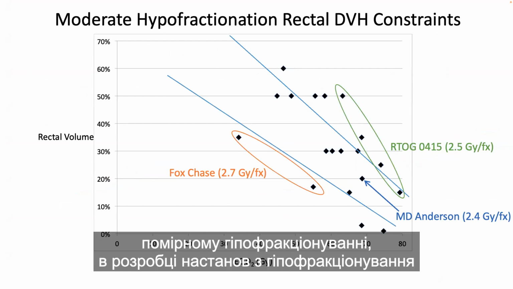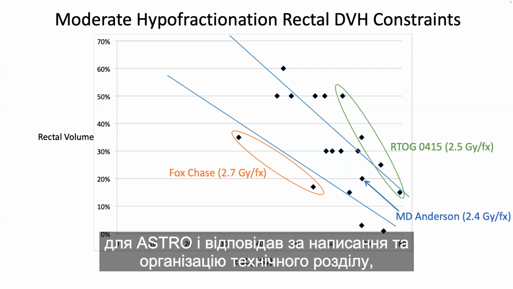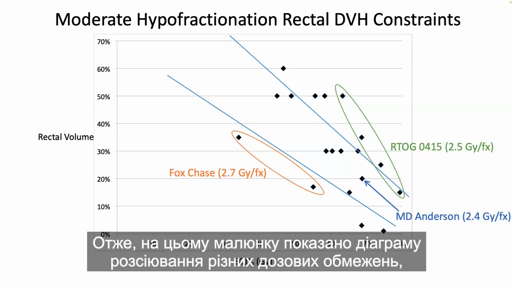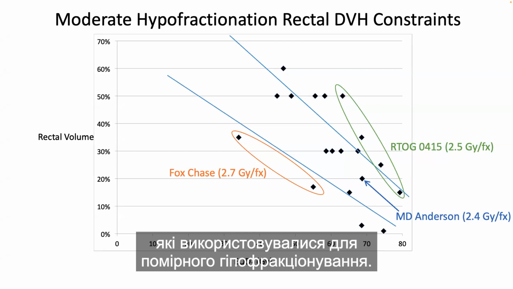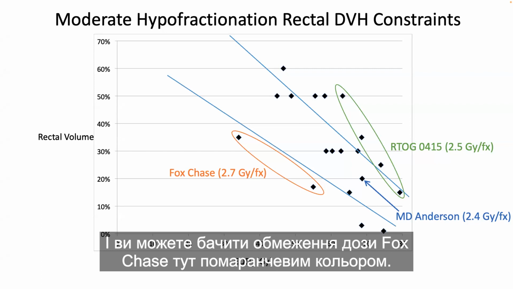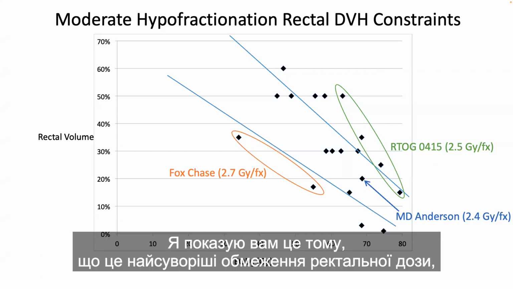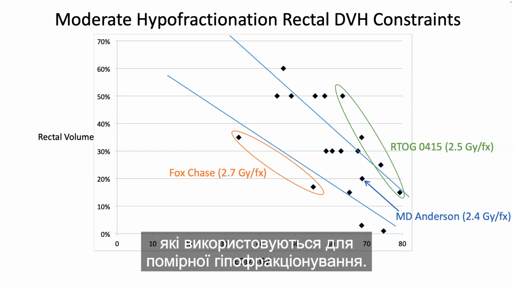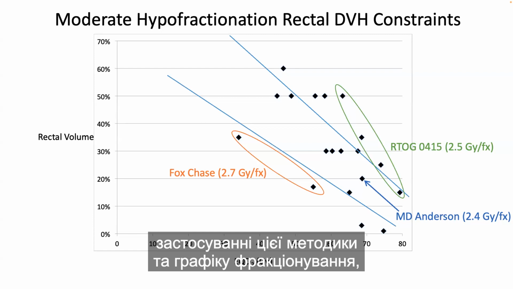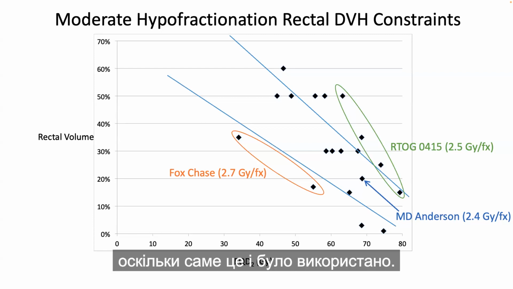And what I want to show you further is, I participated in the hypofractionation guidelines for ASTRO a few years ago, and was in charge of writing and organizing the technique section, including the dose constraints. This figure shows a scatter plot of the various dose constraints that have been used for moderate hypofractionation. You can see the Fox Chase dose constraints here in orange. The purpose of me showing you this is that they are the strictest rectal dose constraints used for moderate hypofractionation. So I think that should give you some confidence moving forward with that technique and fractionation schedule,